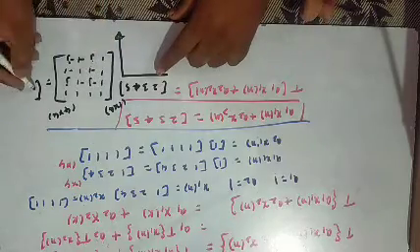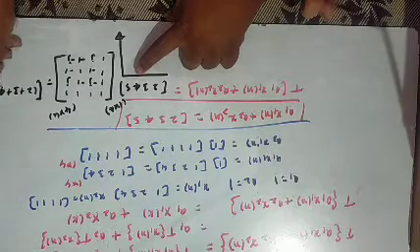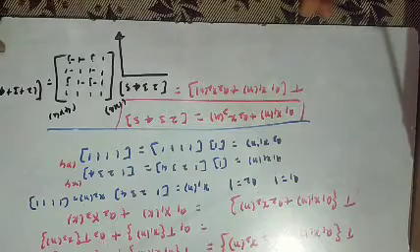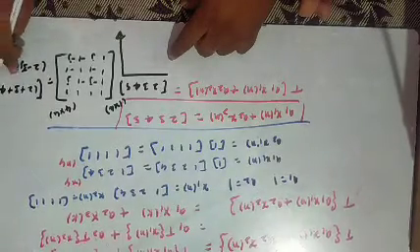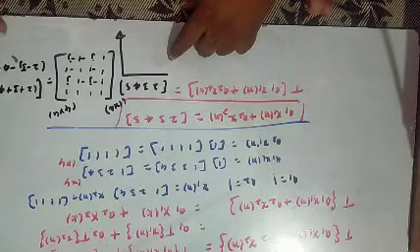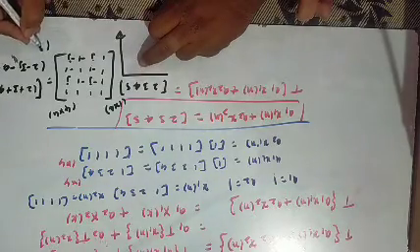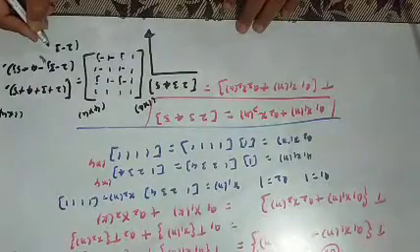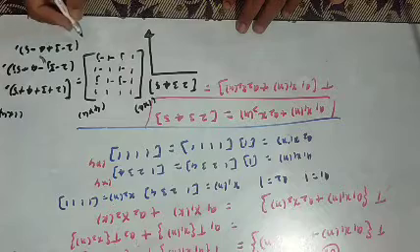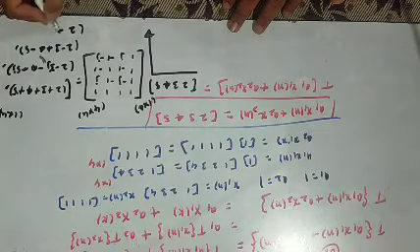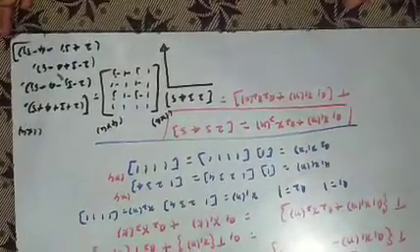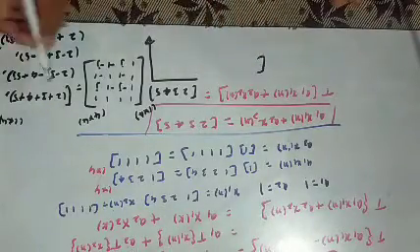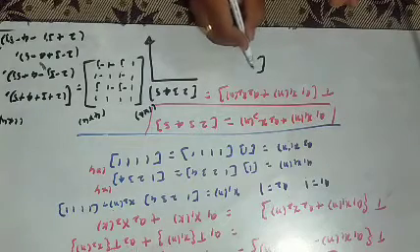That is 2 into 1 is 2, plus 3 into 1 is 3, plus 4 into 1 is 4, plus 5. The first row and first column is finished. Similarly, first row, second column: 2 minus 3j minus 4 plus 5j. Next, the third column: 2 minus 3 plus 4 minus 5. And the fourth column: 2 plus 3j minus 4 minus 5j. This can be written separately: 2 plus 3 plus 4 plus 5 is nothing but 5 plus 9, and the first answer is 14,